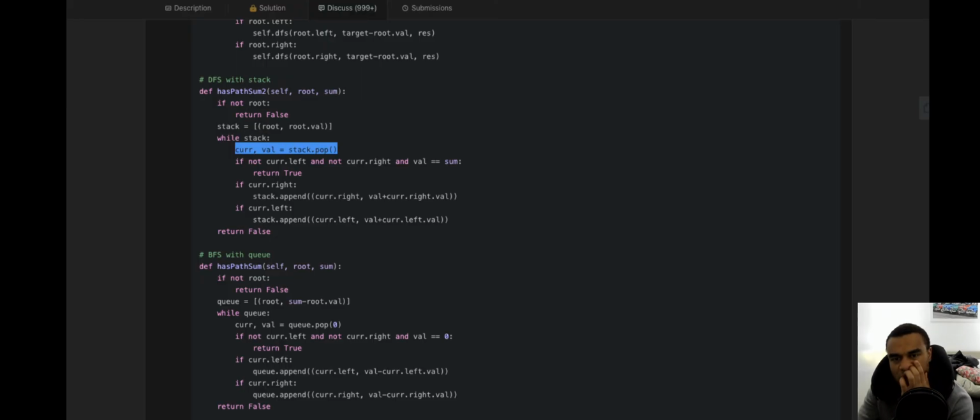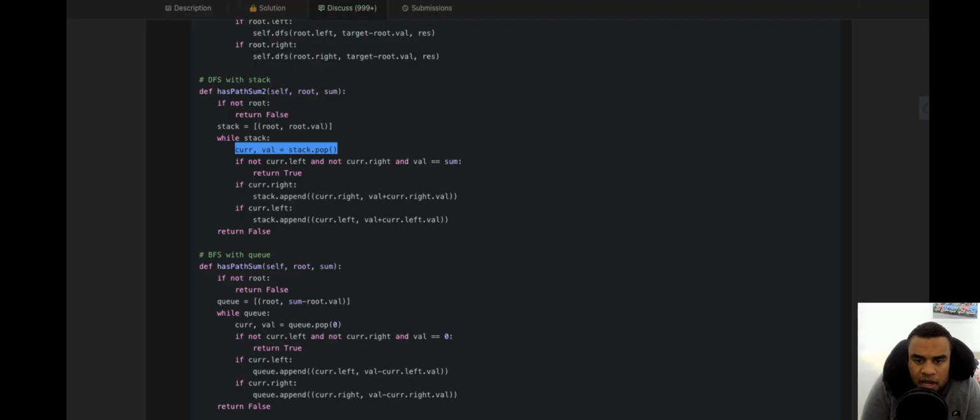So it's kind of similar to what I just did. If current dot right, stack dot append, he appends the right node and the right node's value, right? This is the current thing in the stack.